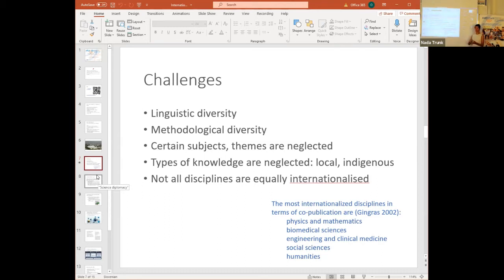But physics and mathematics are by far a few percentage points above biomedical sciences. Physics and mathematics, biomedical sciences follow, and engineering is already lagging behind, and then social sciences and humanities are much less internationalized disciplines. Okay, so I wanted to be also quite frank about the challenges we have